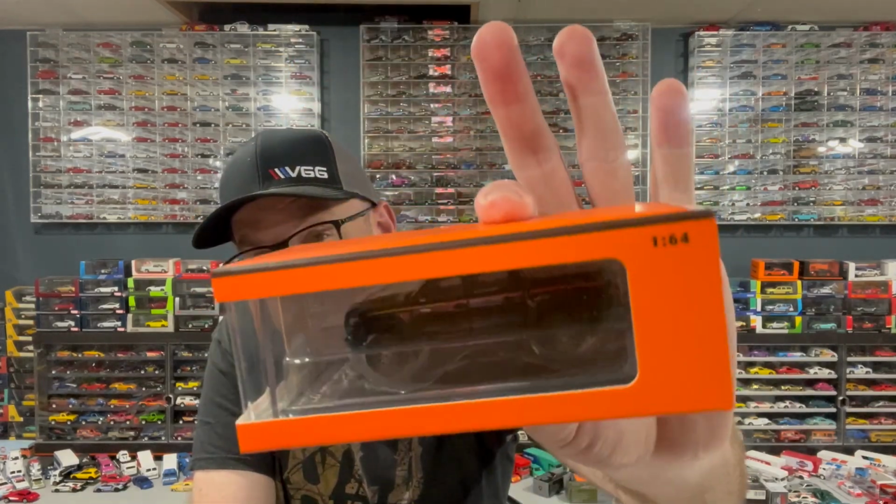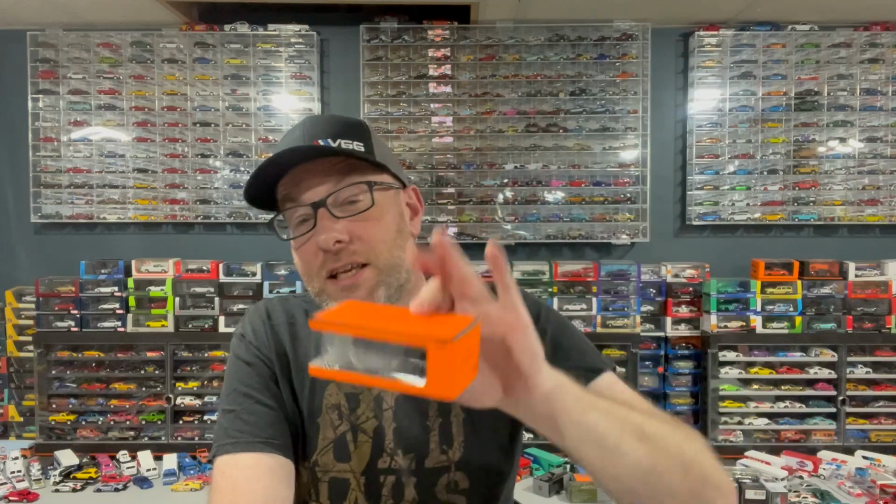It's made by GCD. First time for me having a GCD casting. It looks to be extremely detailed. Diecast Talk has exclusive ones of these that he's been selling, and they sell out instantly when he posts them. So let's find out what all the hype is about, because this does look really cool in the package, and I'm glad I got the version I got. I wanted something. I didn't need all...